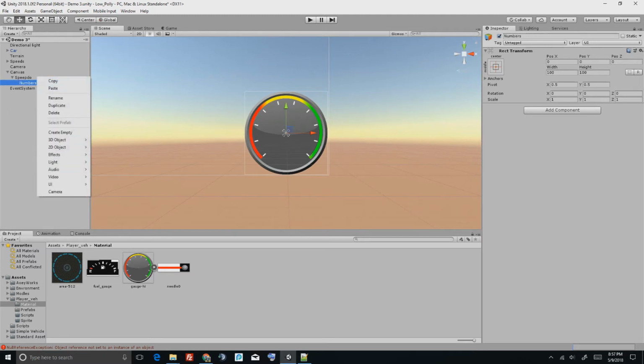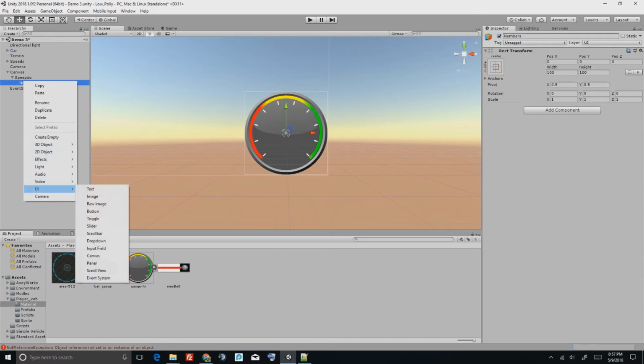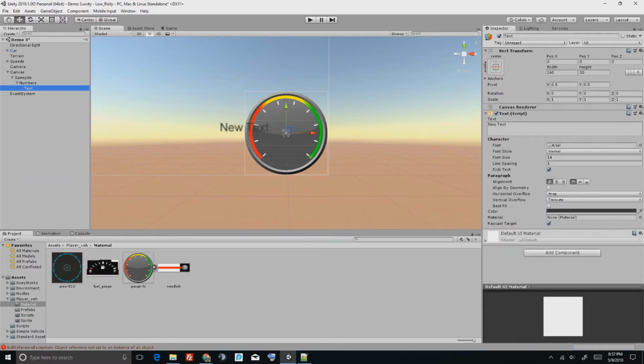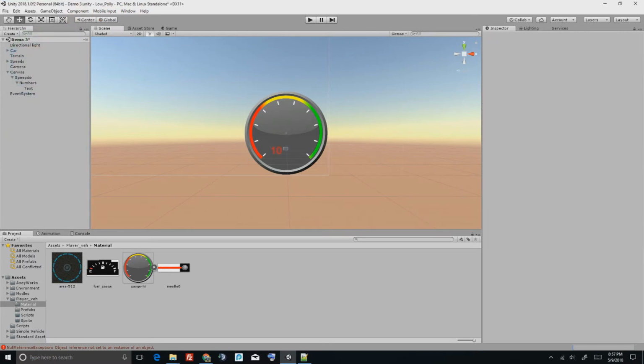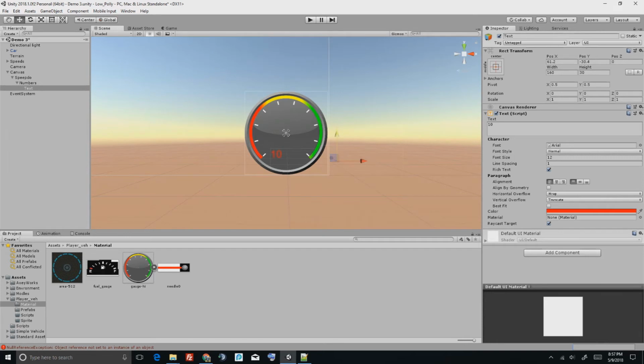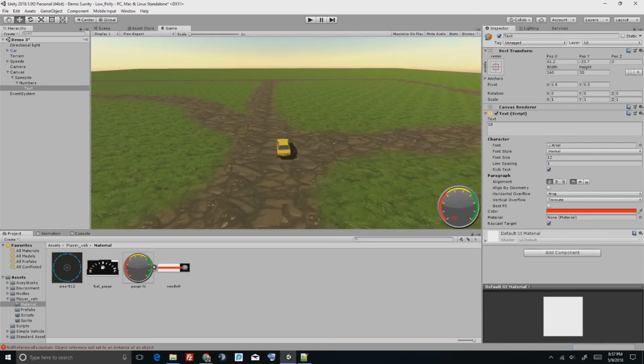What you want to create is a UI text, and you want to create numbers like 10, 20, 40, 50, that will work as your speed indicator. So if you make it red like that, you want to create all in the circle, so 10, 20,